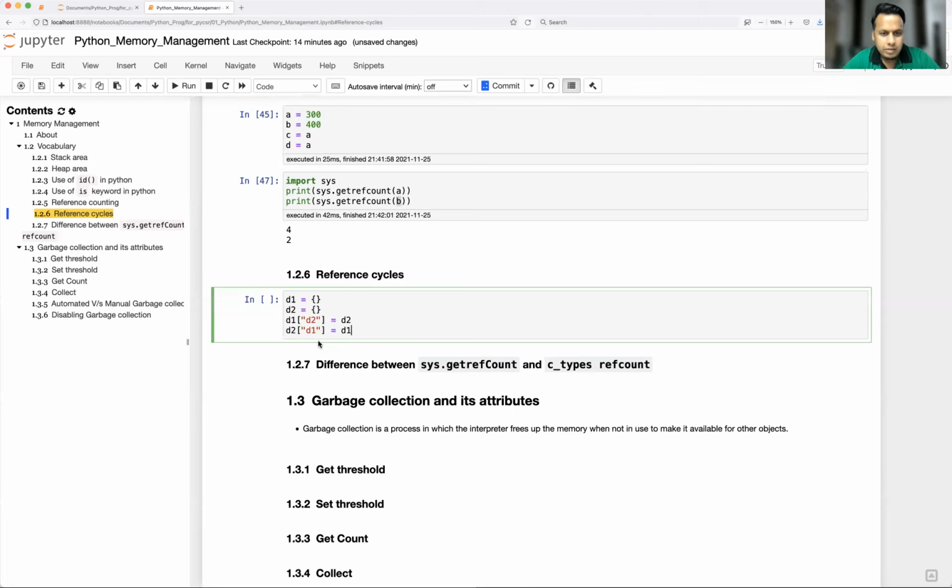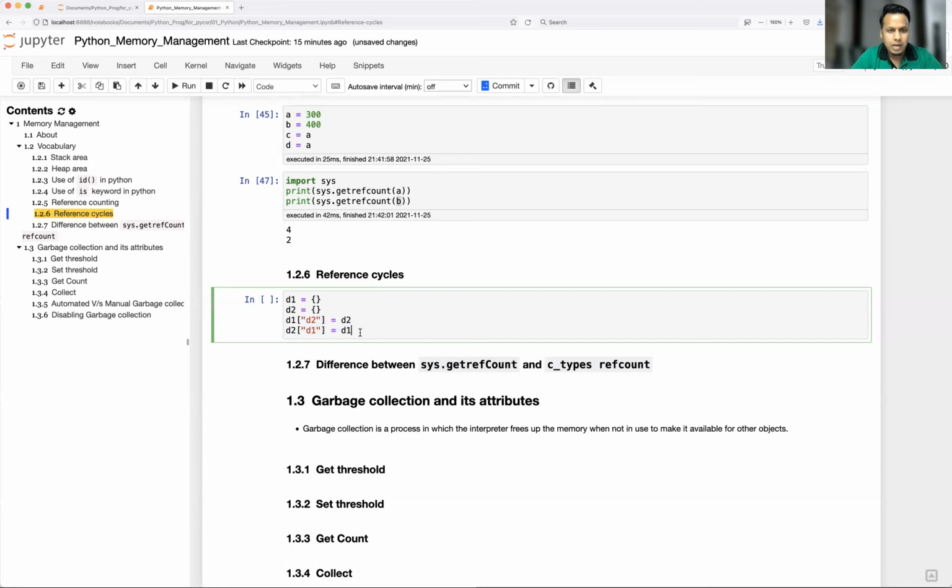Okay, so in this case what happened, D1 is referring to D2 and D2 is referring to D1. Okay, so see, each one is referring to each other, right? So if you delete the reference of D1 object, but D2 is still holding D1, the reference count is not going to be set as 0 even though you have deleted it from the memory. Okay, that's what reference cycle means. It is always going to have at least one reference even though you have deleted those values.